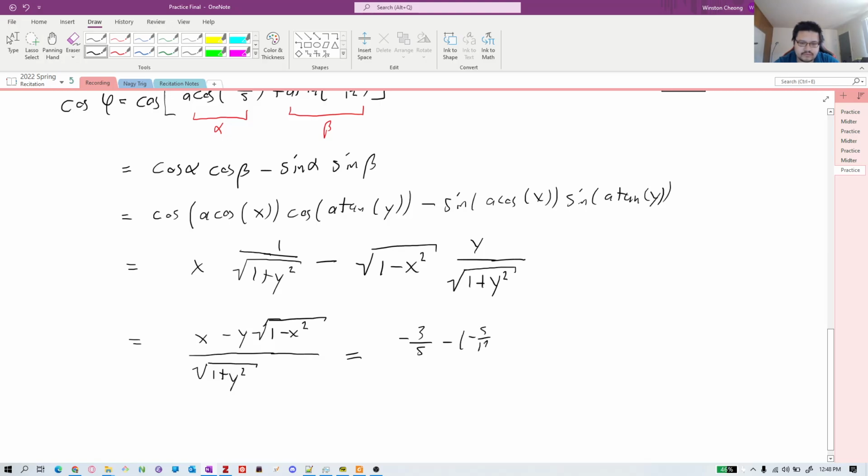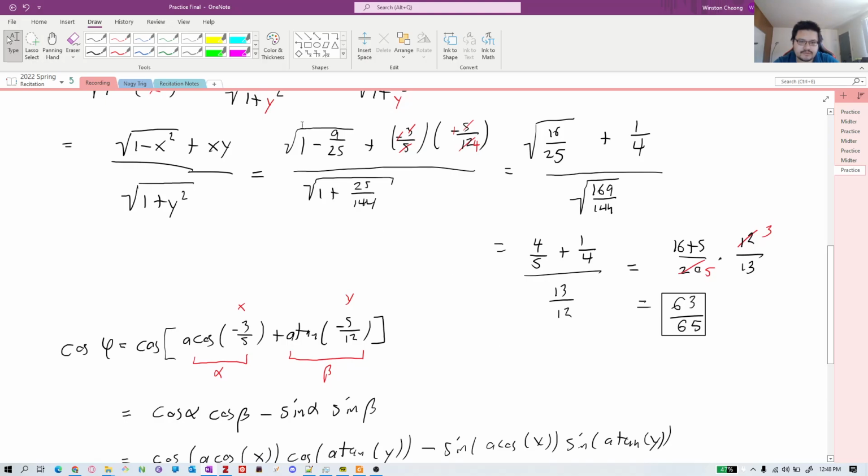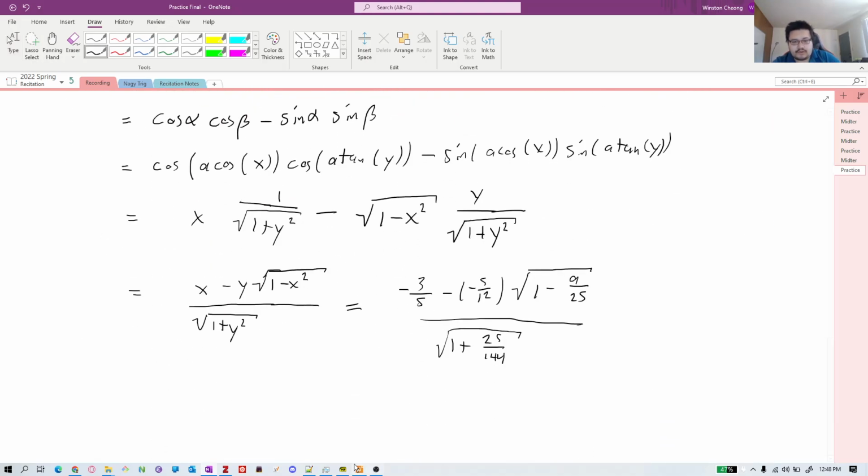Yeah, -5/12 times the square root, 1 minus -3/5. So let's just square that. And then divided by 1 plus -5/12 squared. So that's going to be 25/144, all in the square root. So you'll notice that these expressions you've already computed in the previous, so here and there. If you didn't notice, you can still recompute it. That's not so bad. Let's come down here, -3/5, plus, because the negatives will cancel, 5/12, and this is